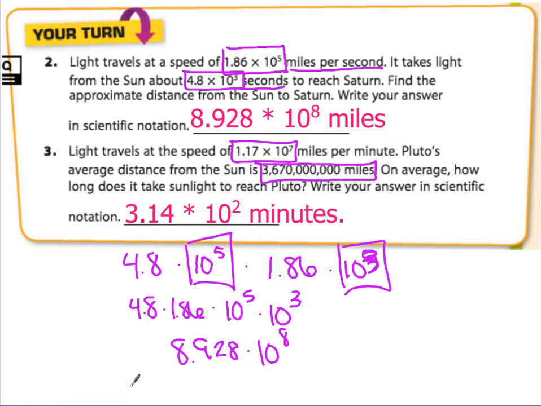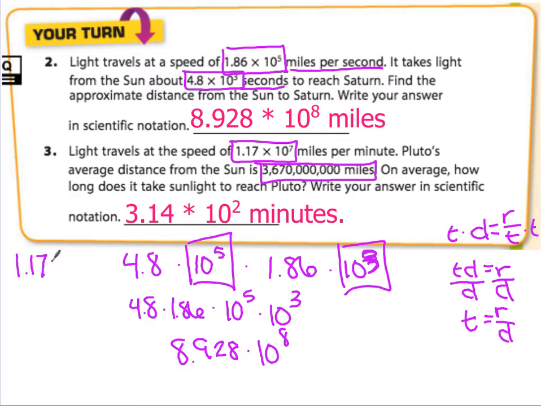In this case, the light travels at this speed, okay, and in order to find how long it takes, distance equals rate times time. So since that's the case, if I know the rate and I know the distance, to figure out time, I can take both sides and multiply them by time. That gives me t times d equals r. And then if I divide both sides by distance, that tells me that to find the time, I have to take rate and divide it by distance. So I'm going to divide. I'm going to take my rate,